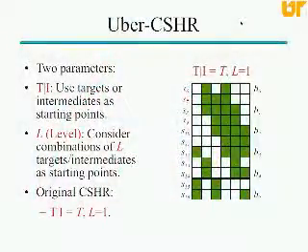Now, making this bigger, basically we parameterize this in 2 ways. And they're kind of 2 obvious ways, but we call it Uber CSHR. Basically, take a German word on a meaningless acronym, and then you put it together, and you get a Uber meaningless acronym. Okay, I'm going to parameterize it in 2 ways. The first one is very simple. I just call it a parameter T versus I, which says I can either use target rows only as starting points for improving the number of XORs, or I can use every single intermediate sum.